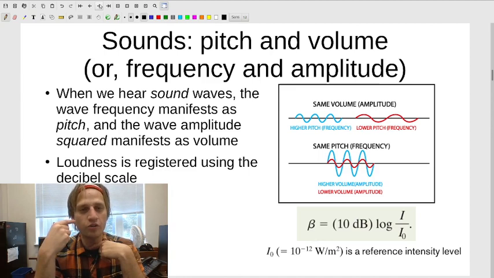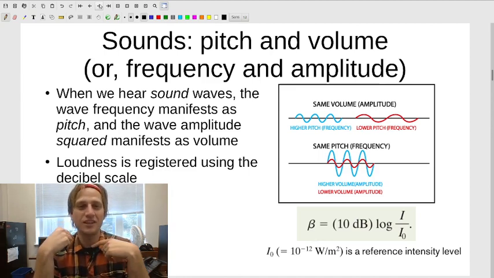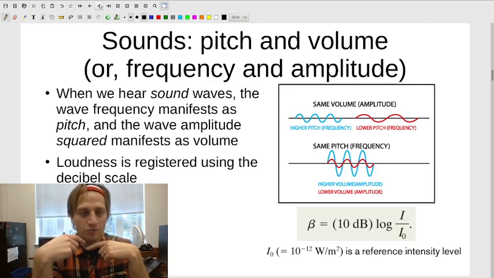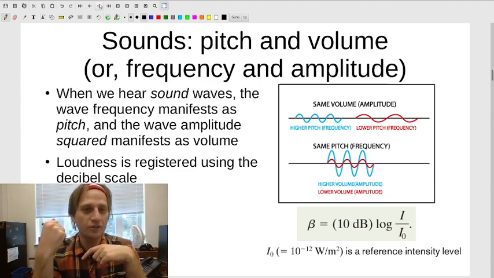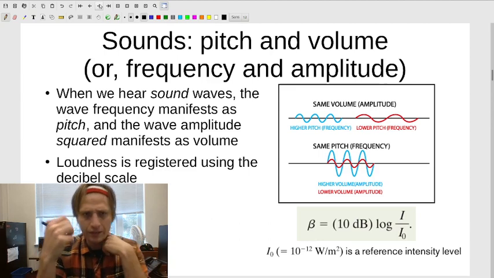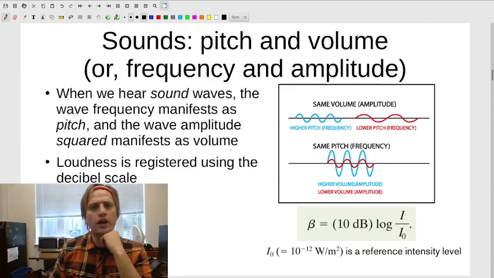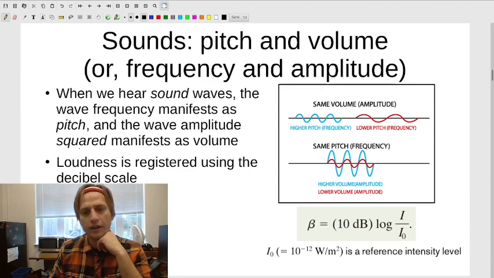If you go up an octave, for instance, that's like doubling the frequency of the oscillation. Bum, bum, bum, bum. So that's going up one octave. You're doubling the frequency. The wave amplitude has to be squared to manifest as volume, and it turns out it's